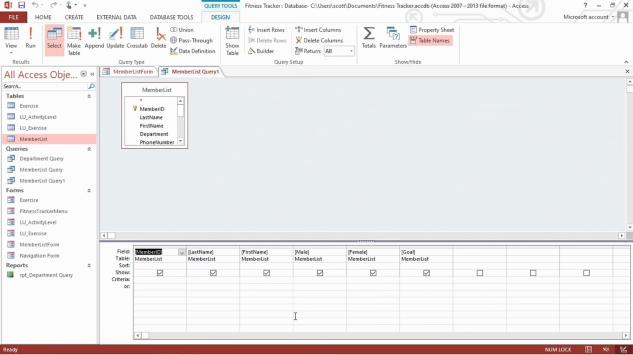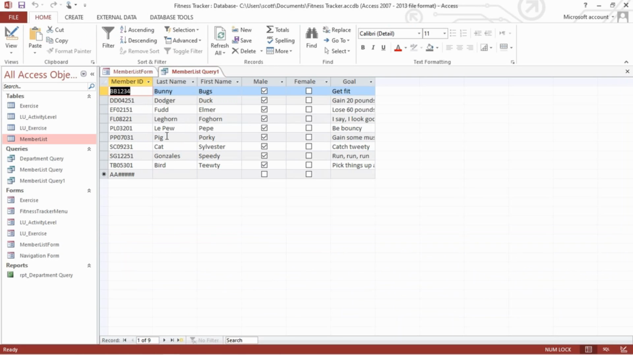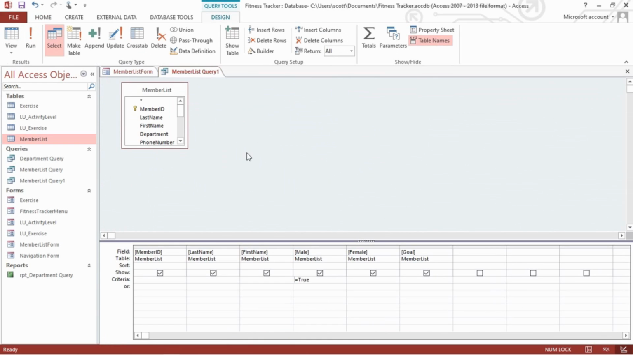All we're going to do with this is, let's say this is going to be our male goal report. We simply put equals true under the male field in our criteria. We can run that, and there you'll see all these folks are male, at least to all outward appearances. And then we can go back to design view, and you'll see that this is listed as member list